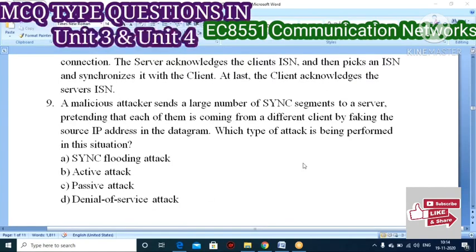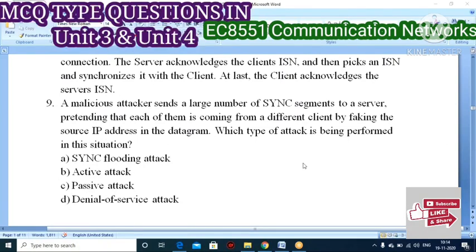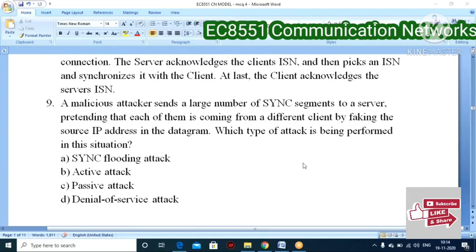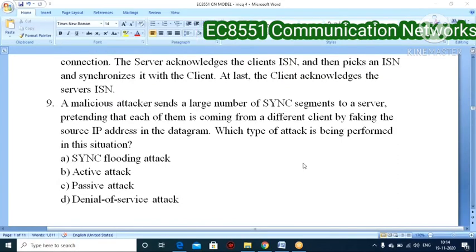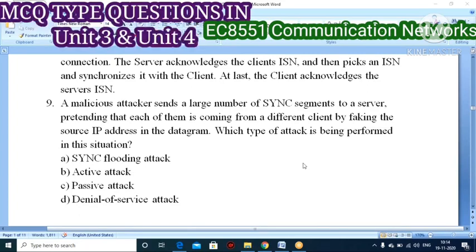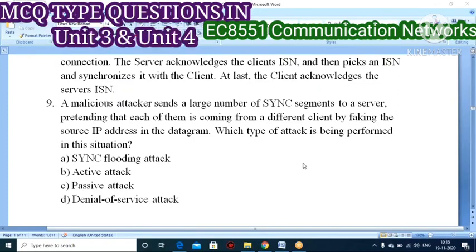See students, study the prescribed textbook for computer interviews, then only it will be easier to answer any questions. I will share the material with you also, so just refer to this material. These questions are all very easy for anyone to answer.